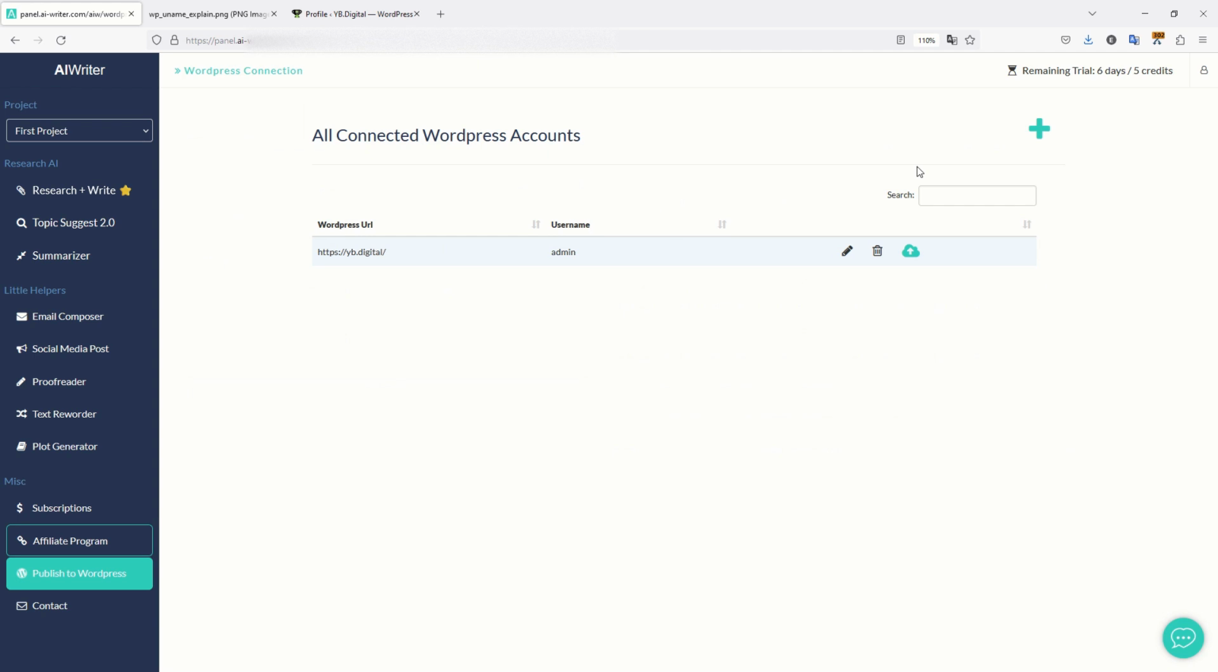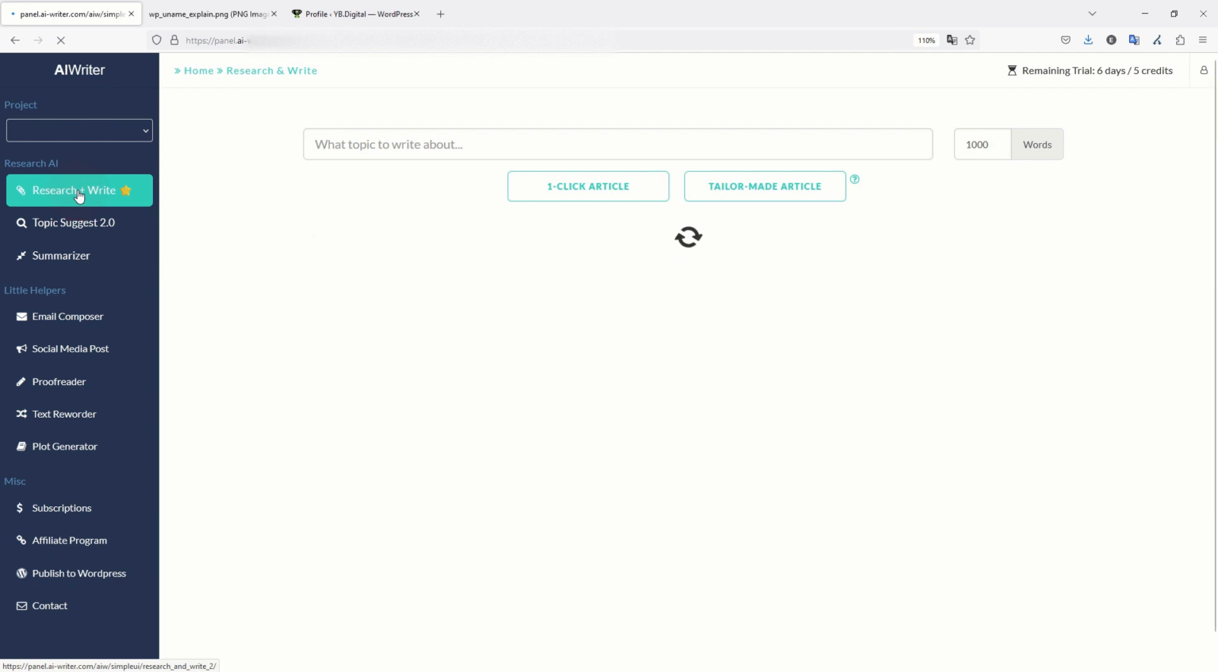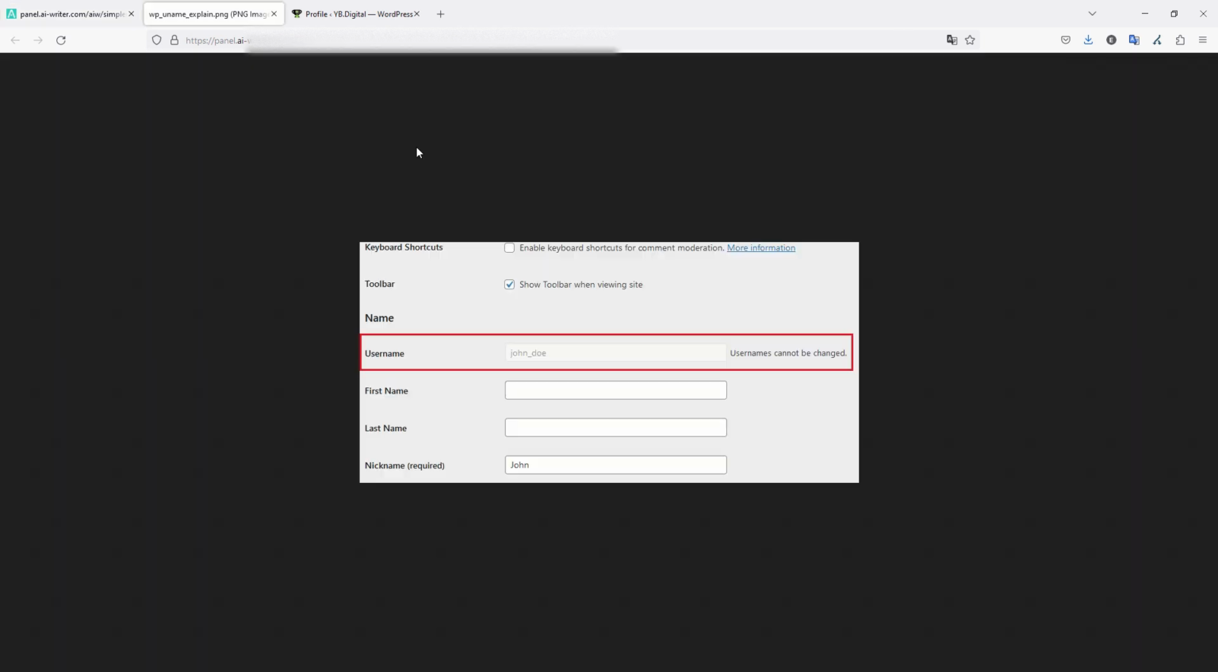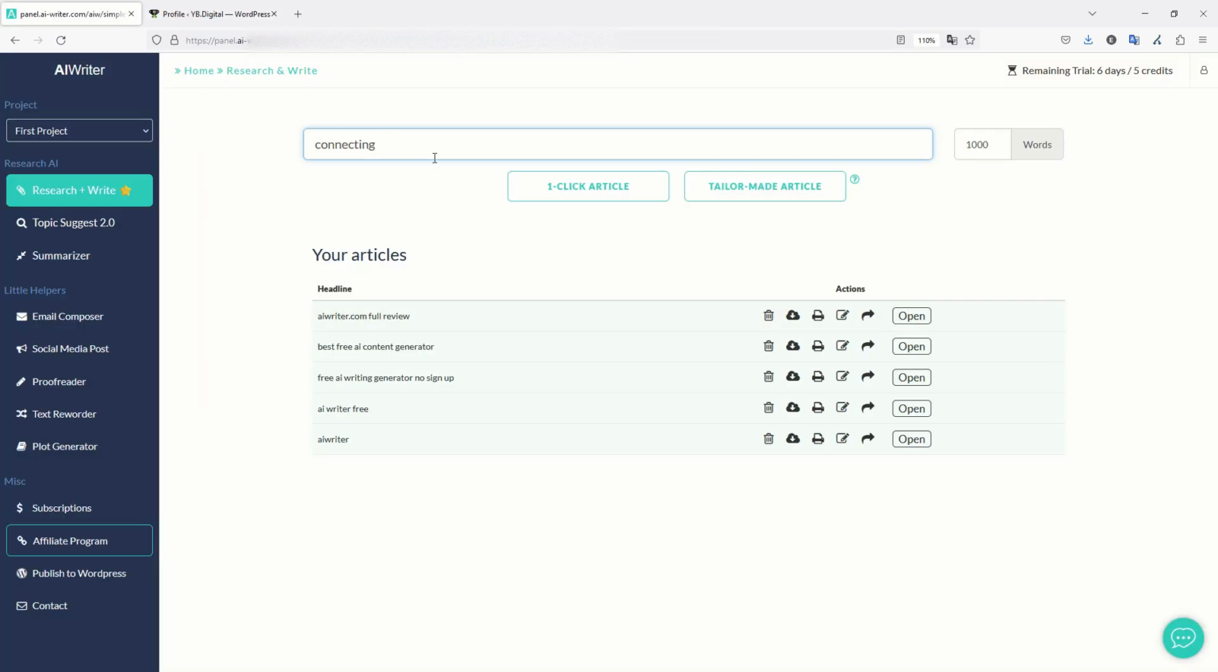Okay, so now the question is how to directly publish articles to WordPress. So let's write a new article. I don't really know what topic to write about. Let's say, connecting, it's called WordPress connect with application password. Okay, and I want a 10,000 words article because as we saw in the previous video,